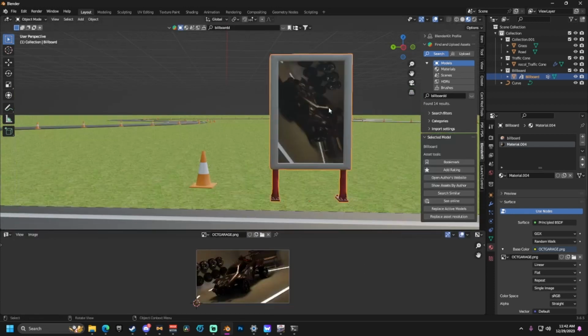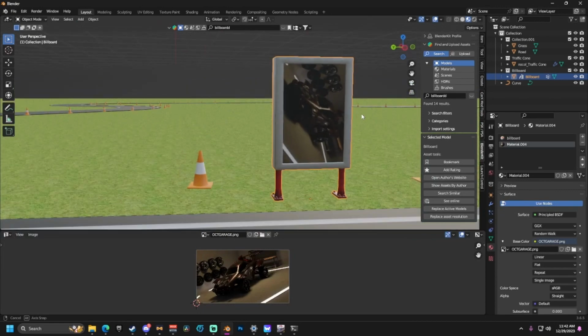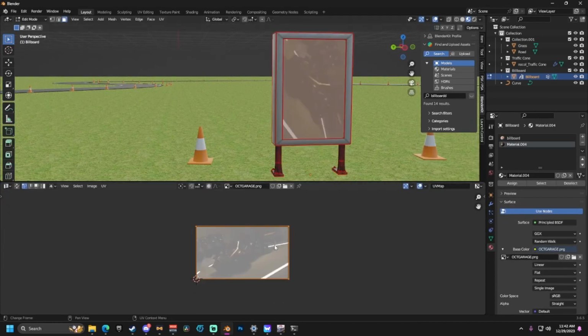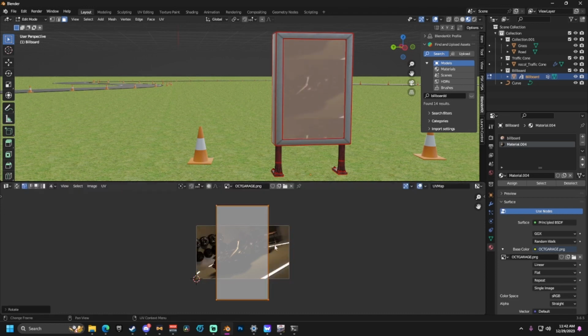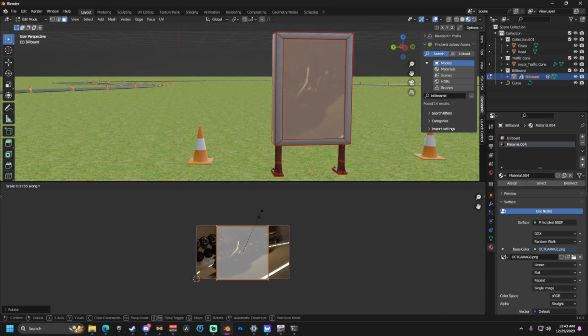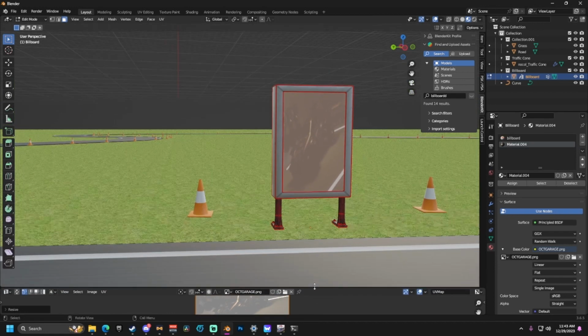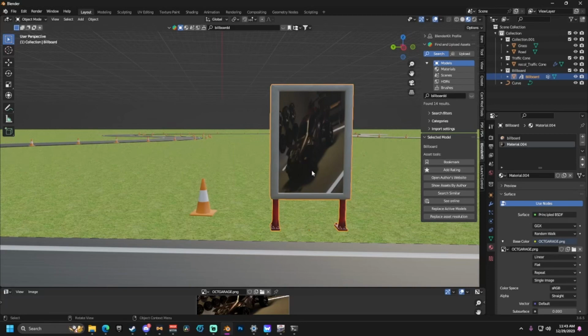That'll work. You can see that my image is sideways, which I'm not a big fan of. So I'm going to rotate this 90 degrees. We're going to scale the Y down to make it match. And then we'll scale the X to make it match this way. And you can see we have a cool little image of Rocket League